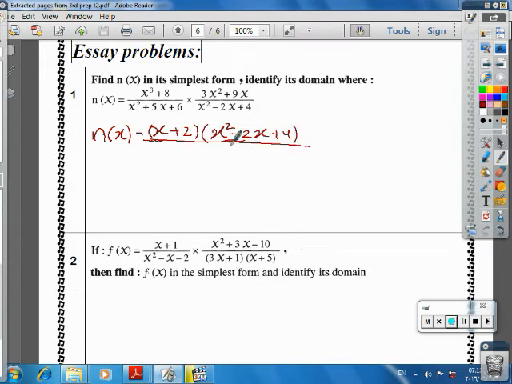Okay, over, factorize x power 2 plus 5x plus 6 in the form of (x plus 2)(x plus 3), times